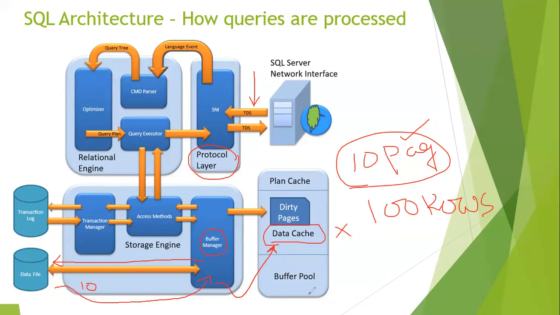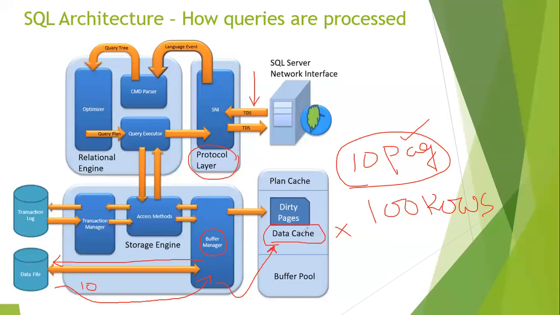That is your data file, and that is your data cache, right? So if the pages are not available, the buffer manager will send a request to the data file, pull the pages from the data file and keep them in the data cache. Then once the pages are available in the data cache,